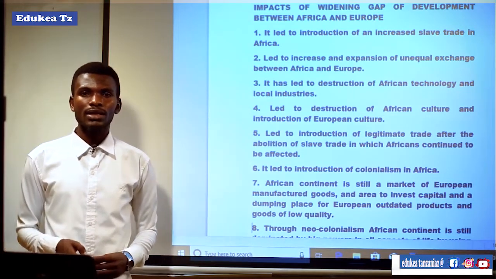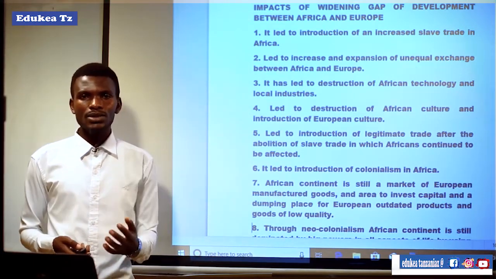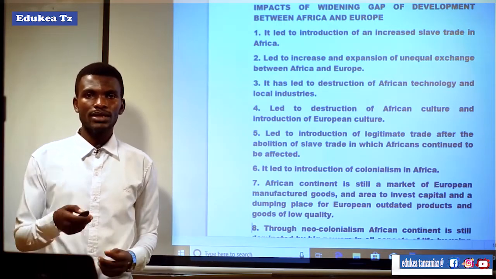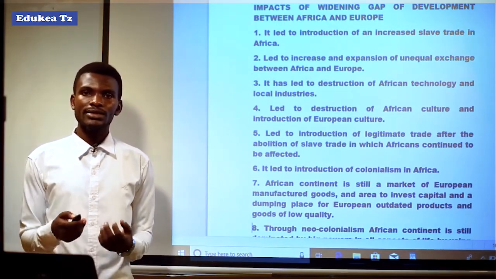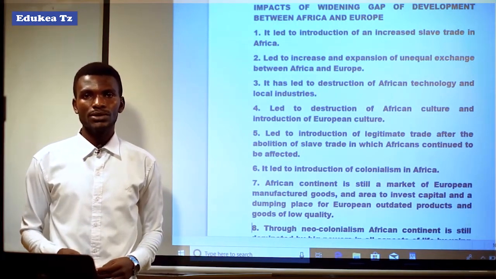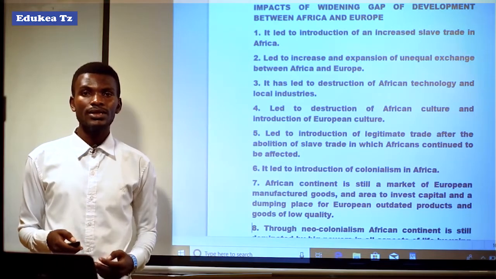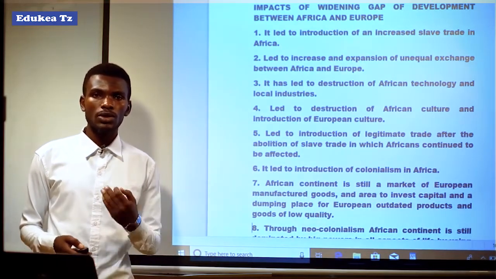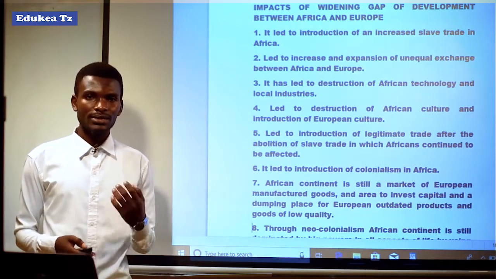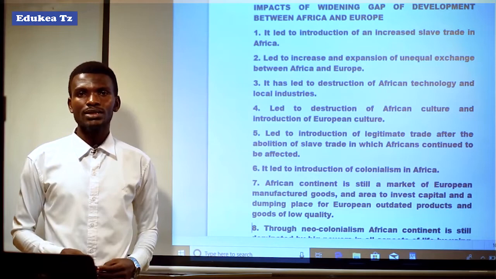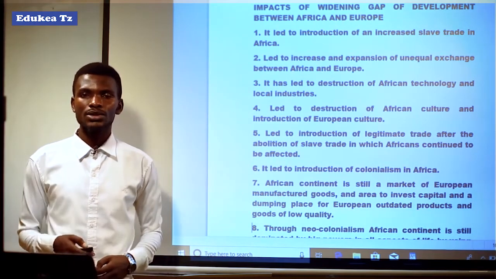You can find that there are aids provided by donor countries like the United States of America, China, Germany, France in African countries, while the African countries in turn provide their natural resources like gold, copper, diamond, silver and tanzanite to those donor countries, and that made the African countries to